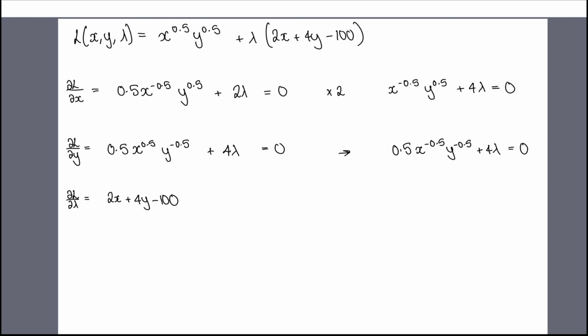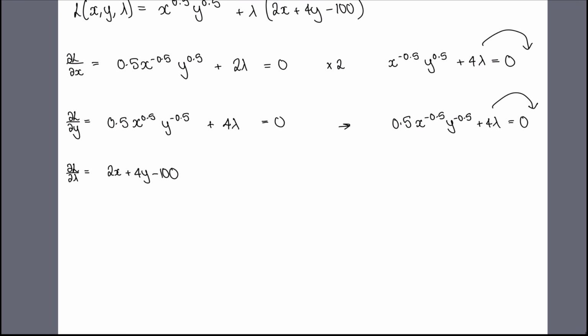So now, because they're both 4 lambda, we can equate these two together. Essentially what I'm doing is moving these two to the other side, so we have minus 4 lambda is equal to this, and then minus 4 lambda is equal to this, and then equating the two minus 4 lambdas,